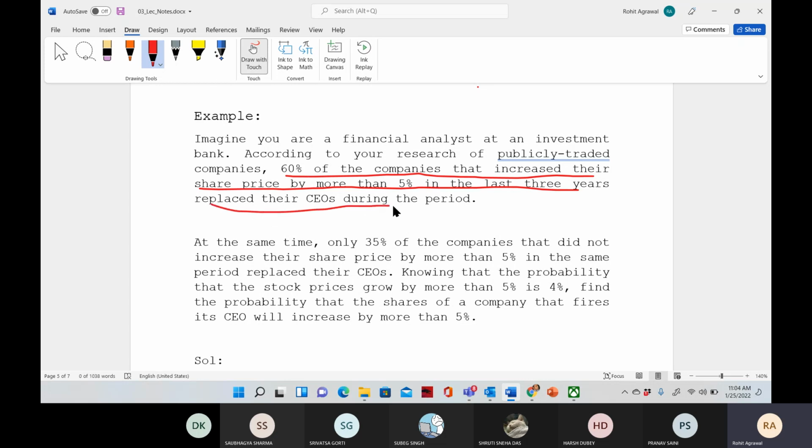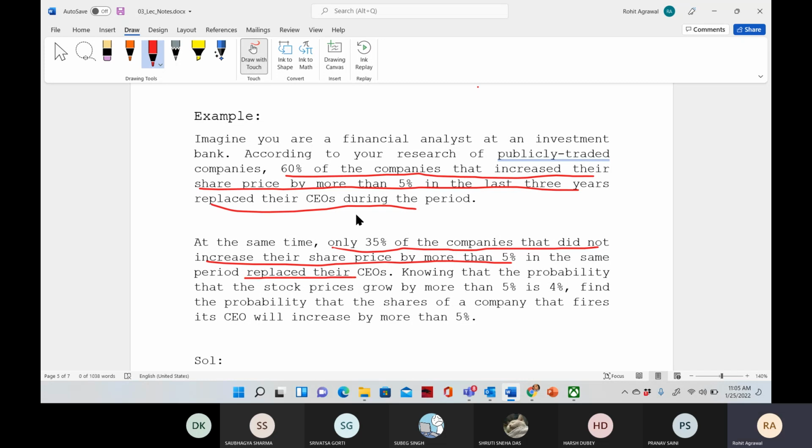तो second thing is they replaced their CEO, ठीक है। At the same time 35 companies हैं, ठीक है, did not increase their share price by more than 5%, ठीक है। So event you can decide which one should be event A. In the same period replaced their CEO,